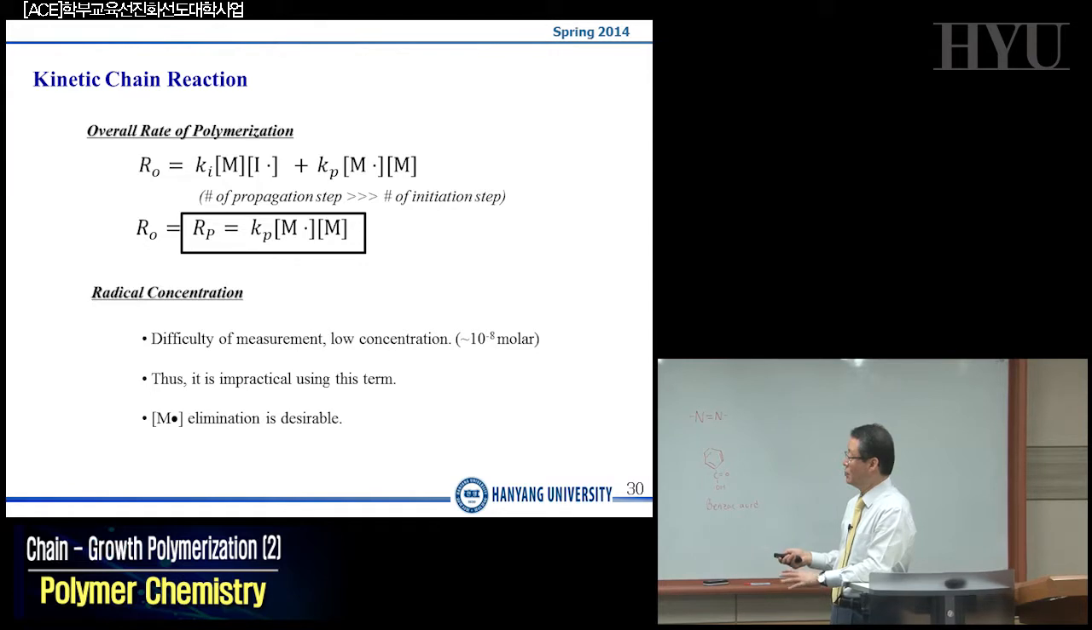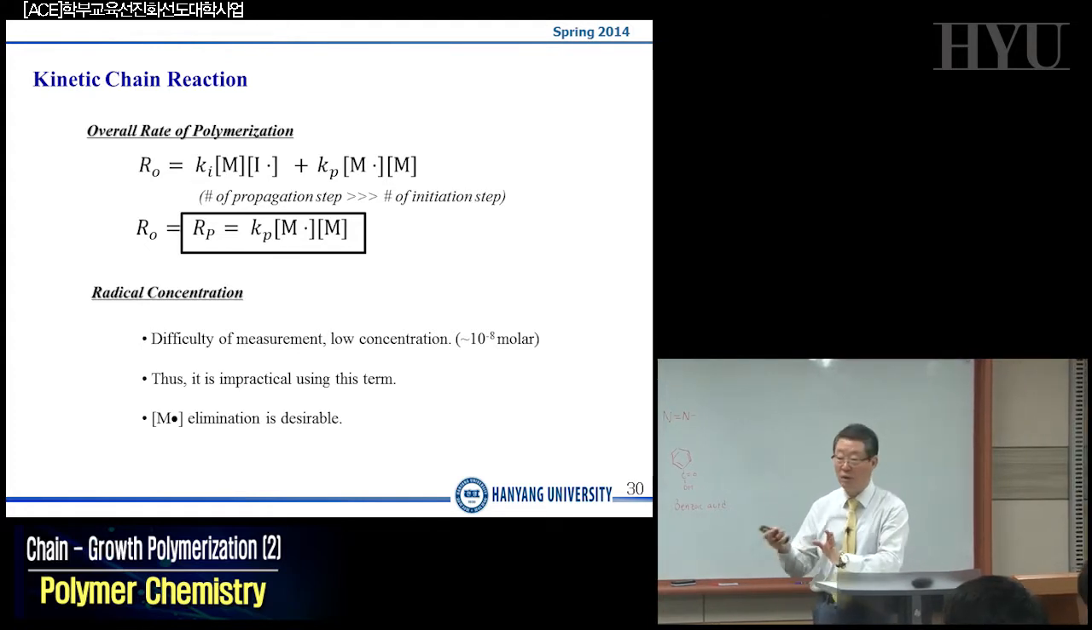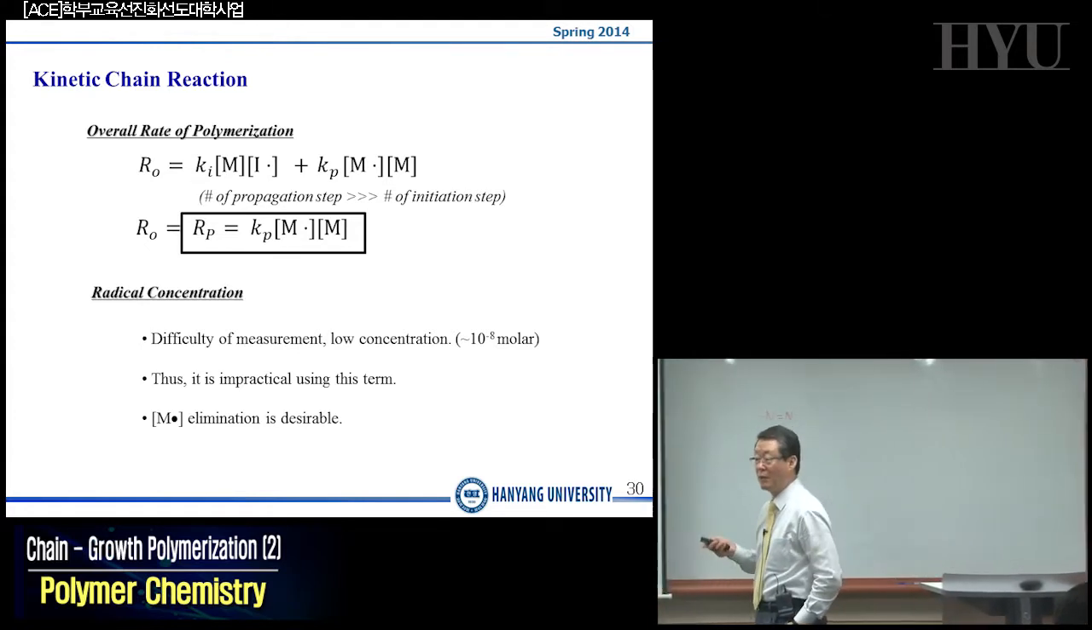Therefore, it would be much more desirable to eliminate the M dot with known and useful variables or constants. So although it's possible to measure this radical concentration, it's not practical. So we would like to replace this M dot with known concentrations. Well, the question is how we can eliminate this M dot with known concentrations. Remember that we